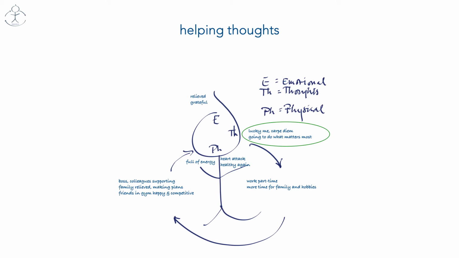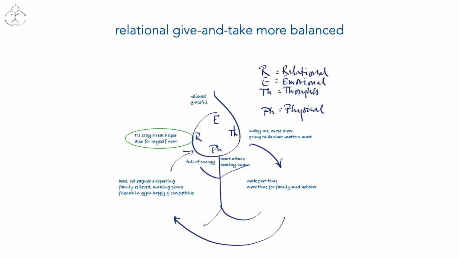As said, he wants to alter course, wants to set other priorities and pay attention to what matters most to him and his family. A new and quite different mindset. He also wants to seek more balance in giving and taking in relation to himself and others. Up till now, he was inclined to forget himself and to serve others unconditionally. He will always stay a real helper, but more balanced than before.